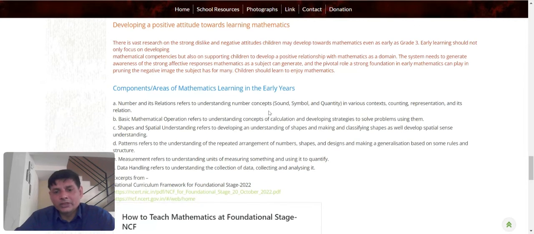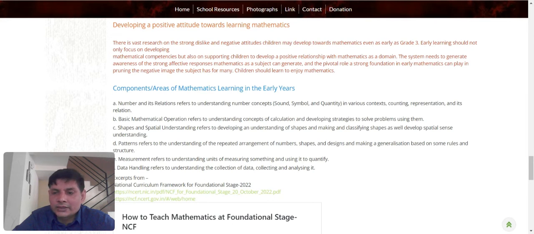Now, I'm going to discuss with you the component areas of mathematics learning in the early years. First, number and its relation refers to understanding number concept, sound, symbol, and quantity in various contexts, counting, representation, and its relation. Basic mathematical operation refers to understanding the concept of calculation and developing a strategy to solve problems using them. Shapes and spatial understanding refers to developing an understanding of shapes, making and classifying shapes, as well as developing a